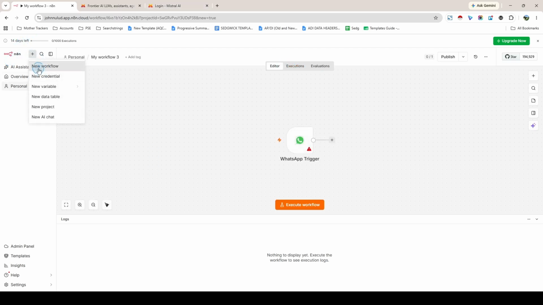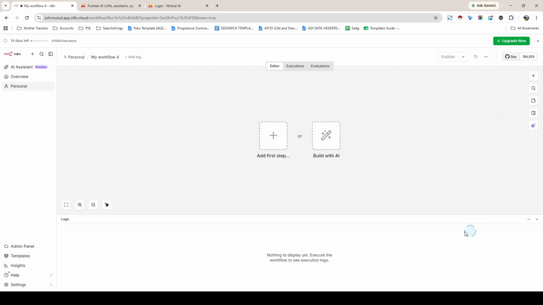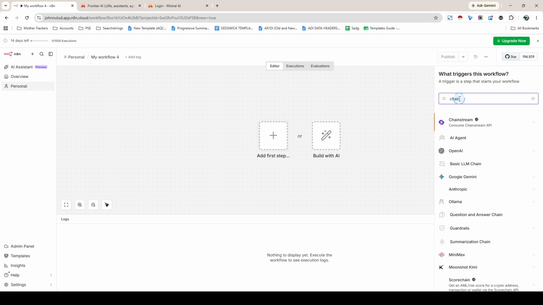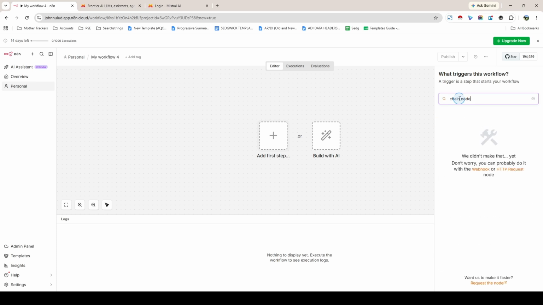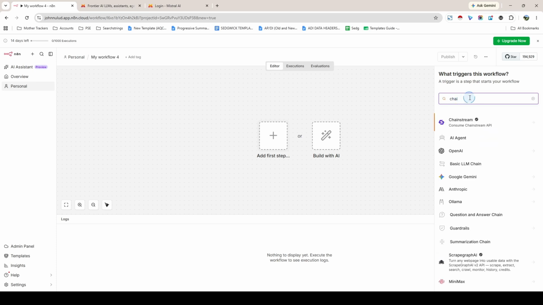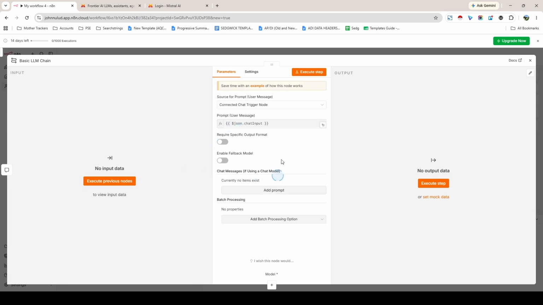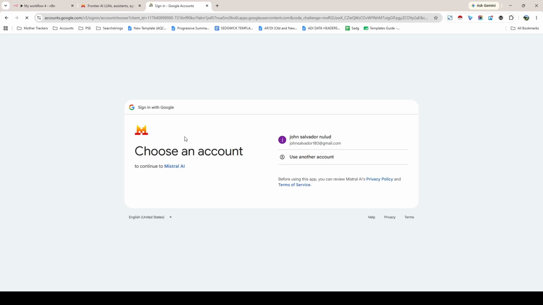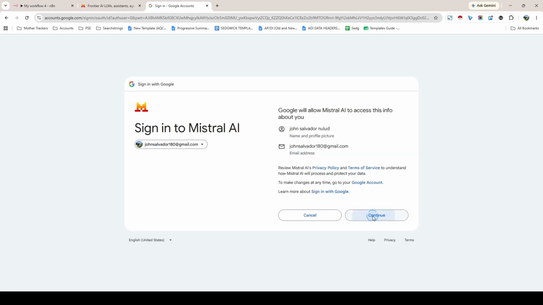Look at the subnode connection slots and search for the Mistral Cloud Chat model and drag it into the canvas, snapping it directly into the chat model input slot. Click into the Mistral node, select Create New Credential, and paste your API key straight into the token field. Hit save, select your desired LLM brain from the model drop-down list, and your Mistral integration is fully configured and